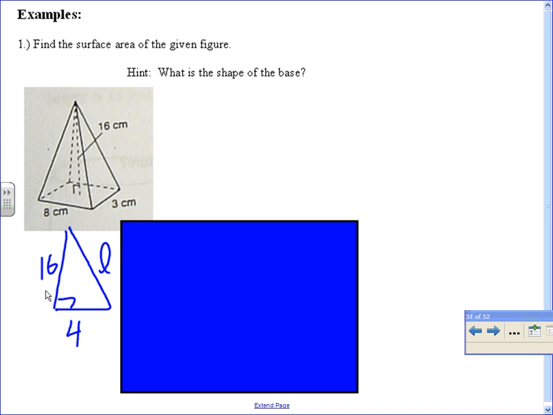This should be 2 times 1/2 times height. Area of the base is 1/2